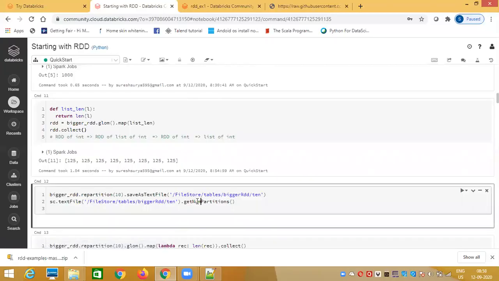Okay, so how many partitions will there be? Any guess? 10. Okay, so Abhishek is saying 10. So let's see. But we discussed that every time you convert a standalone Python collection to an RDD, the number of partitions is 8. But why do you think it will become 10?